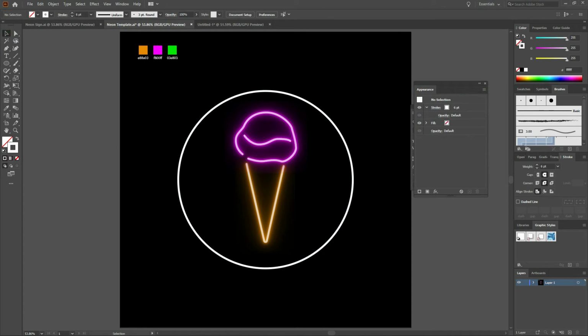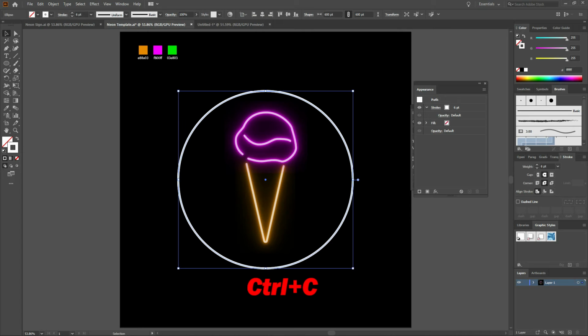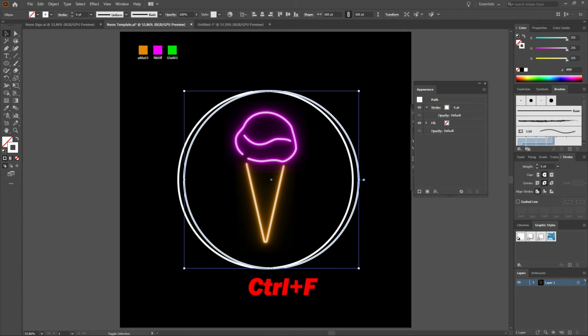Once we're done with that, we're going to use type on path to add our text. Before we get started with that, we need to create two open paths, one for our top type and the next for our bottom type. Let's get started with that. We'll select our ellipse, copy and paste in front,